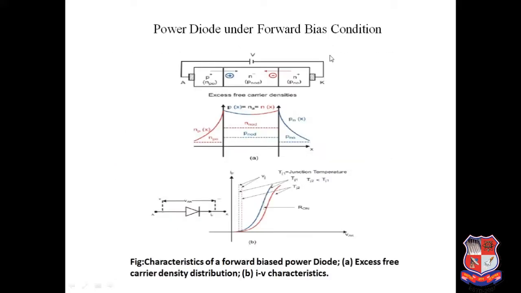Okay, so now the power diode in forward bias conduction. In forward bias conduction you can see that the P is connected with the positive terminal of the battery, and K is connected with the cathode. In some books you can find the terminal cathode is also denoted by C. So K is connected with the minus of the battery, and that makes the connection in a forward bias condition. Correct.